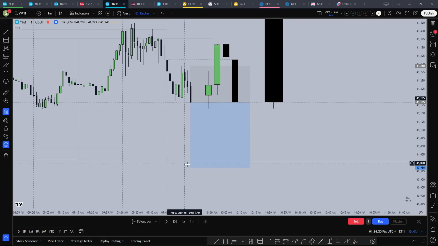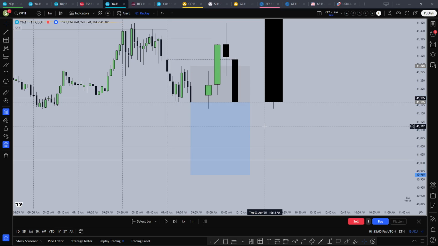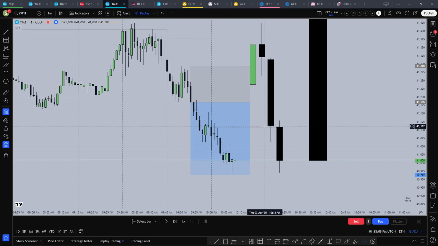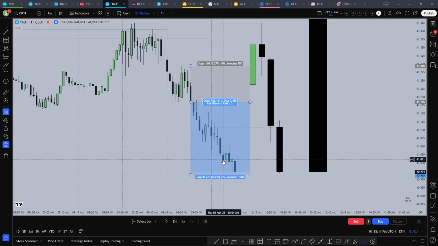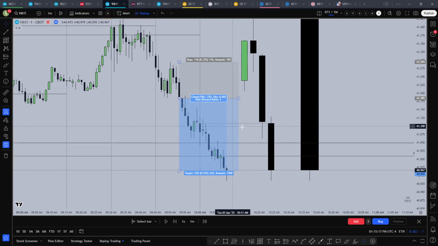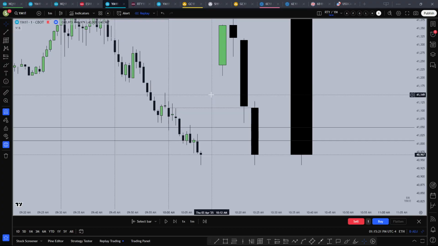Around 2 hour would have been a bit lower, so I would have taken a partial around my objective 1.6 hour, then left a runner till 2 hour. The partial would have been hit here and 2 hour would have been hit there. And if I were to frame 10 a.m. or lower, I didn't have any logic, so I didn't.